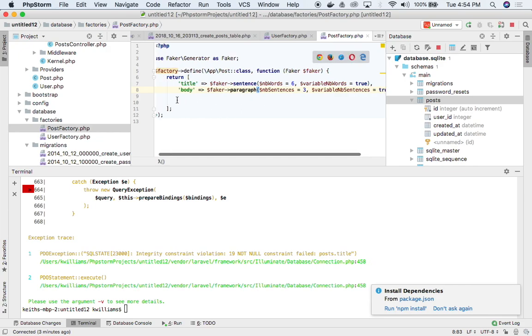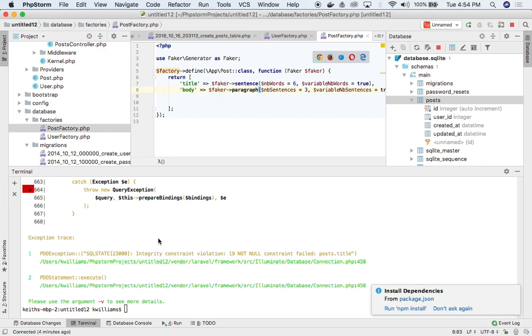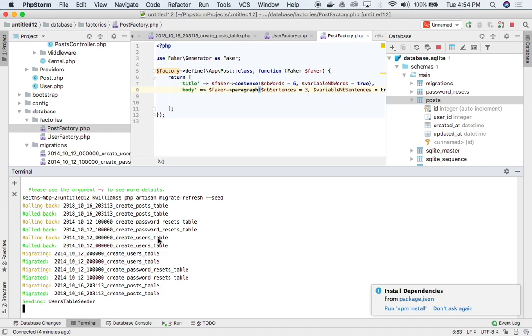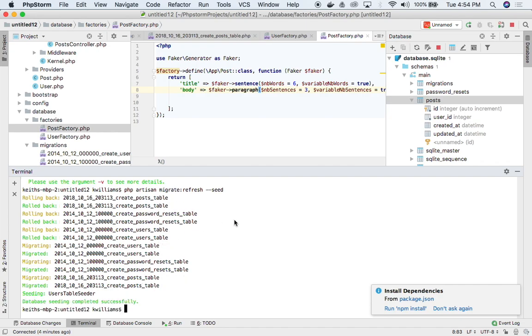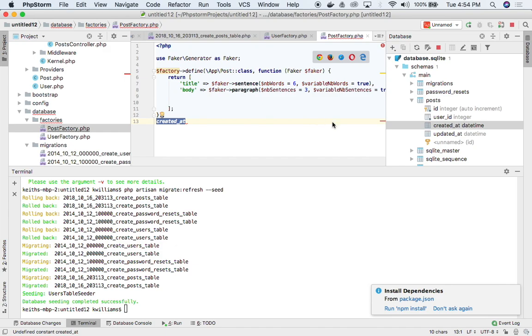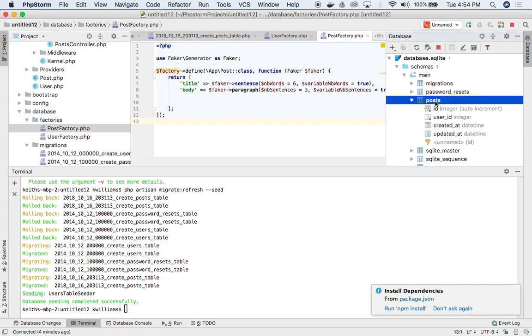So what I'm doing is I'm just saying I want to get a fake title and I want to get a fake body, and now I'm going to run it again and see what happens. So it's seeded. Oops. And then I'm going to go and just check my